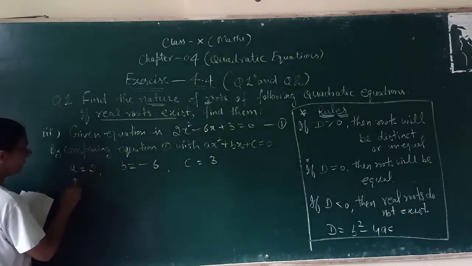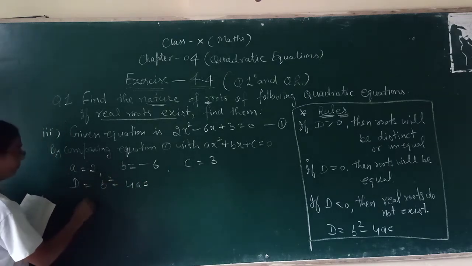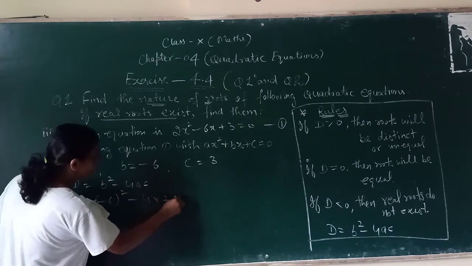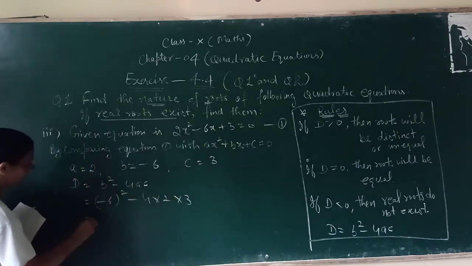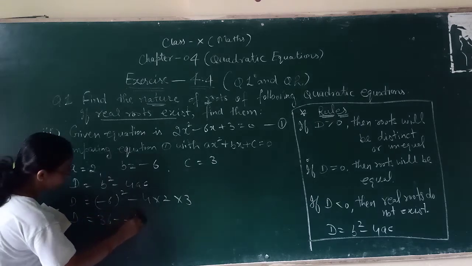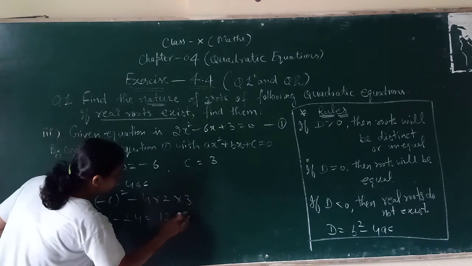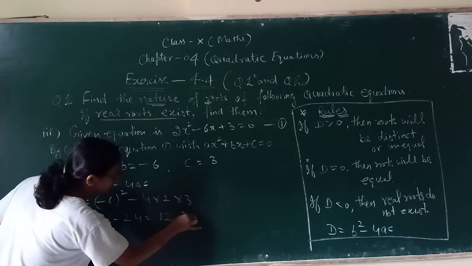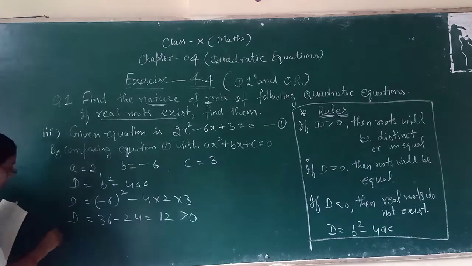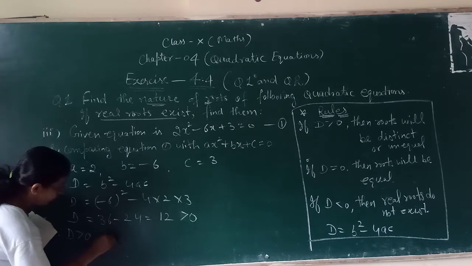Then we have to find D, that is b square minus 4ac. b is minus 6, a is 2, c is 3. So here 36 minus 24, that is 12, and 12 is greater than 0, because all positive numbers are always greater than 0. So since D is greater than 0, therefore